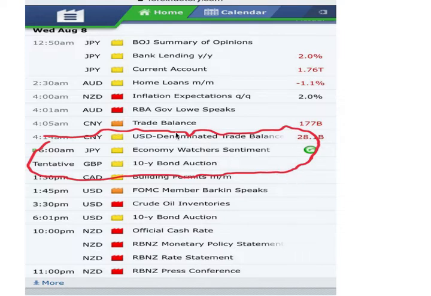Now you see between this time that I circled, let's say about 4 a.m. or 5 a.m. to about 1:30 p.m., that is the main expanse of London session. London session starts around 8 a.m. So let's just forget about the 4 a.m., 6 a.m., which is still a bit in the Asian session. Let's just go with between 8 a.m. to 1:30 p.m. When you see a news like this, no red